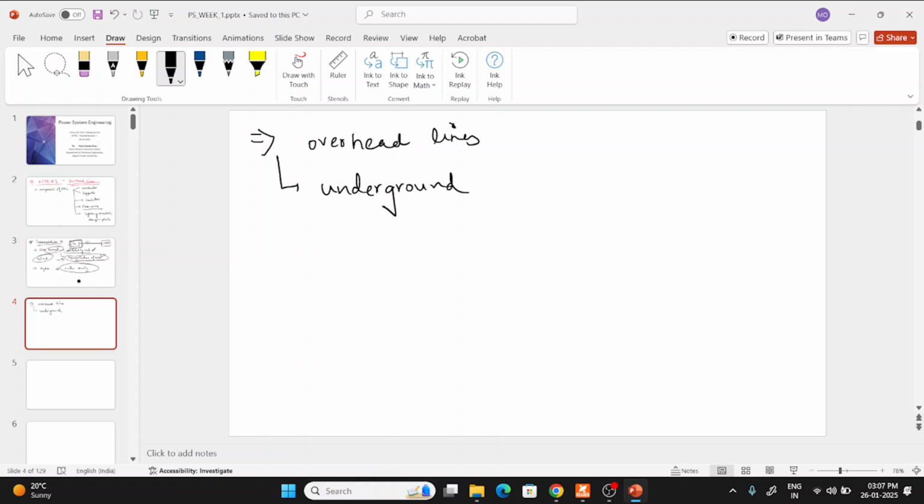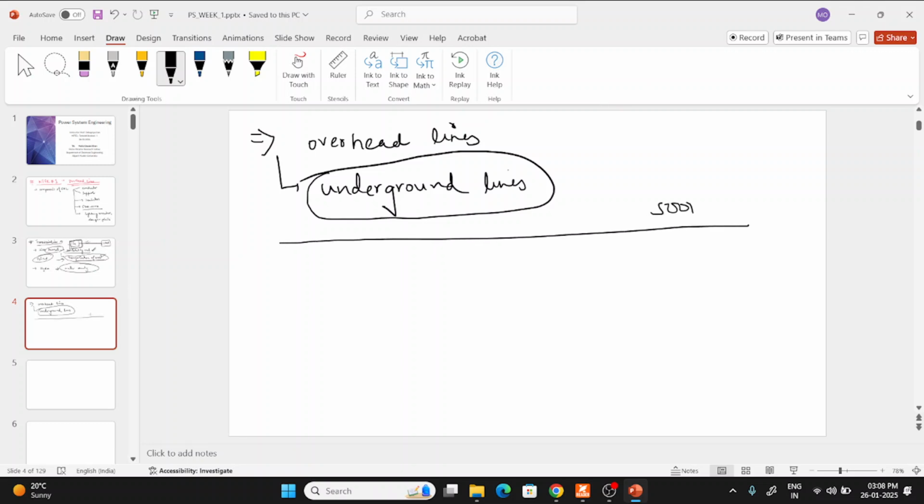Underground. Okay. So by using underground. So now there is a slight disadvantage regarding the underground power, underground lines or cables, because if we have to transmit for a larger length, like